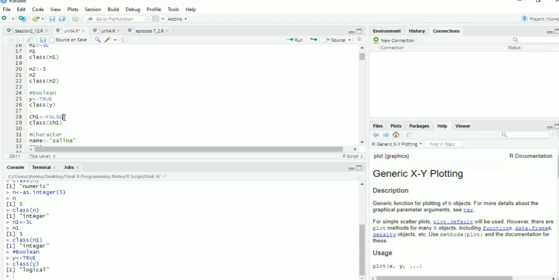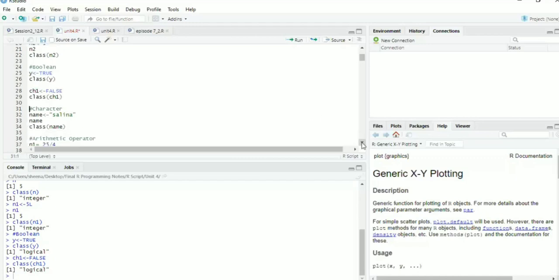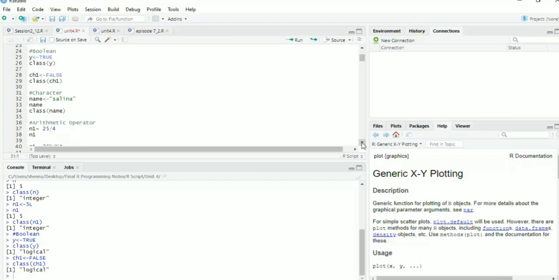When we see false, it has given you the same thing. Now if you want to create a character, normally in other data types there is a difference between a character and a string, but in R, everything is treated as a character. Whether you want to assign a single character or a series of characters, it will all be of character data type, but the only thing is you have to enclose the value between double quotes.